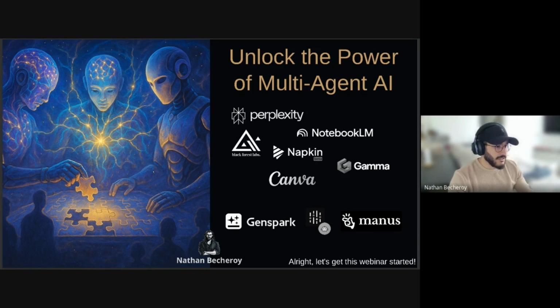I used a little bit Flux to generate images, Napkin for some graphs, and then Gamma to generate this presentation from A to Z, then Canva to tweak it a little bit, and for sure, the three tools I'm showing you today, Genspark, DeepAgent from Abacus, and Manus. So let's go.